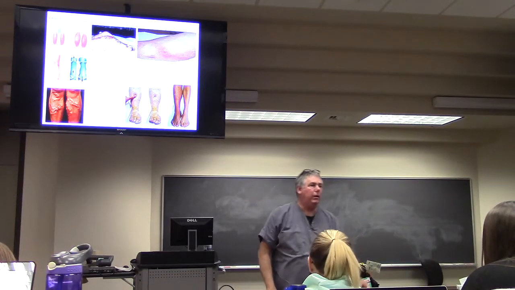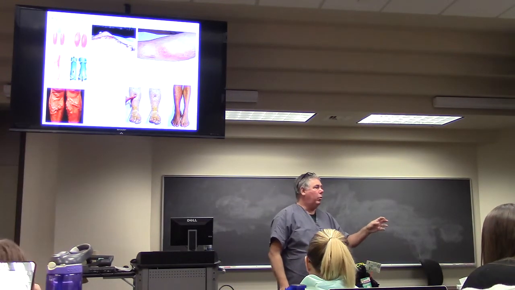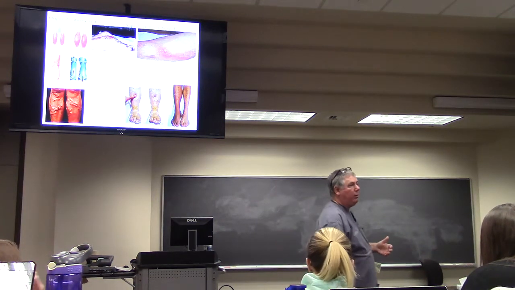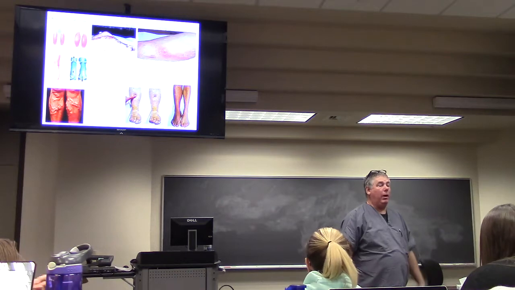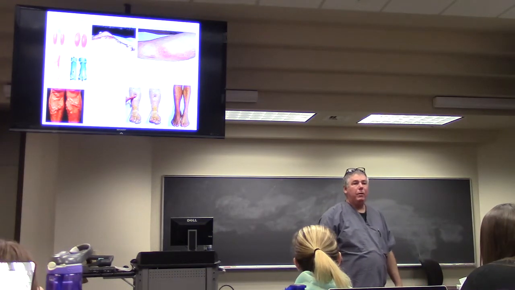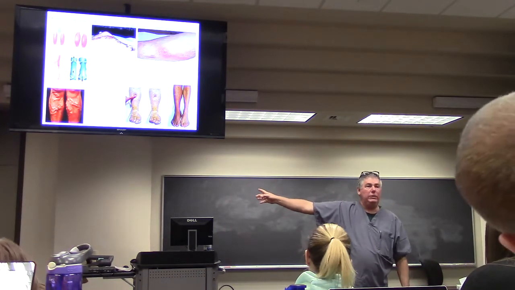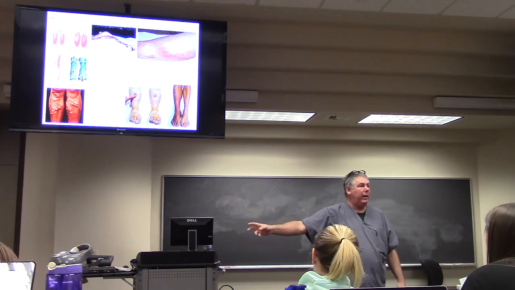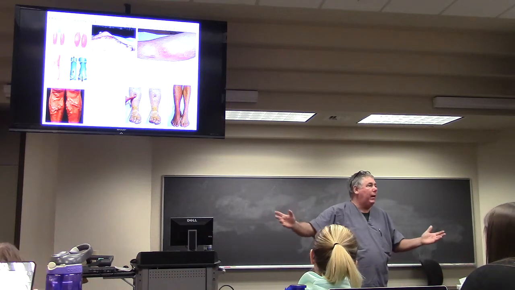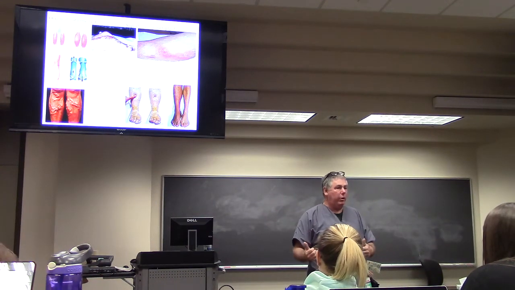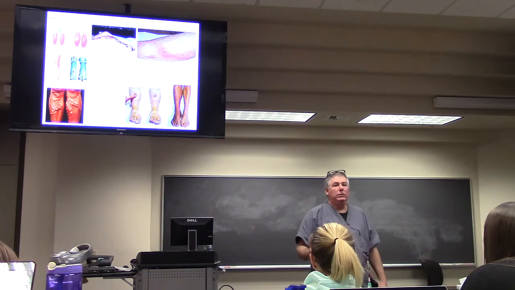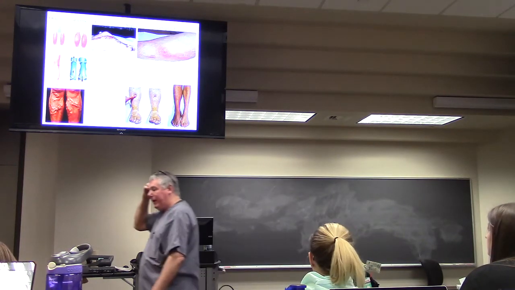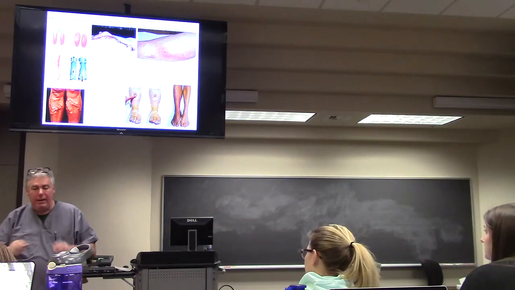So let's say suddenly you occlude one of the deep veins of your leg. Could be the posterior tibial, could be the peroneal, whatever. Could be all the way up to the popliteal. In addition to swelling, which is obviously a sign, why do you have swelling there? You have swelling because you have a decreased venous return, right? So if you suspect a person has a DVT, you want to get out a tape measure